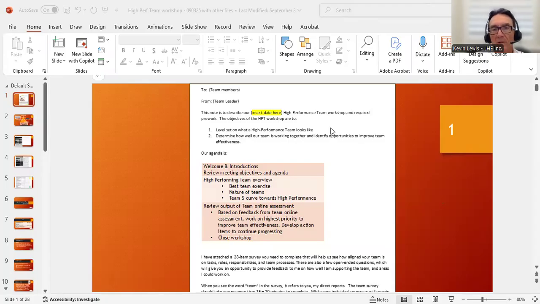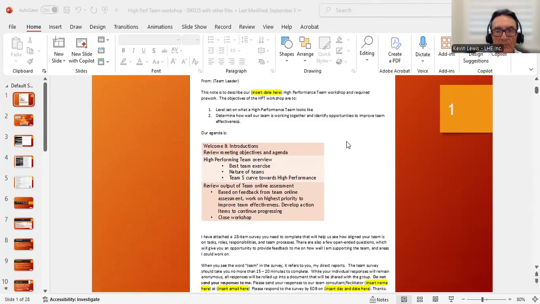This is a Word document that you can download, and it has everything you need on it: what you're going to do, the objectives, the date, all that good stuff. That's the first thing we do, to announce when the workshop's going to be.